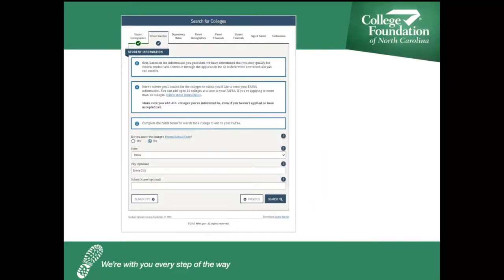So one tip for the college is that sometimes students will plug in your state and then you'll put in your city and then you'll go ahead and type in your school name, the college, and it will